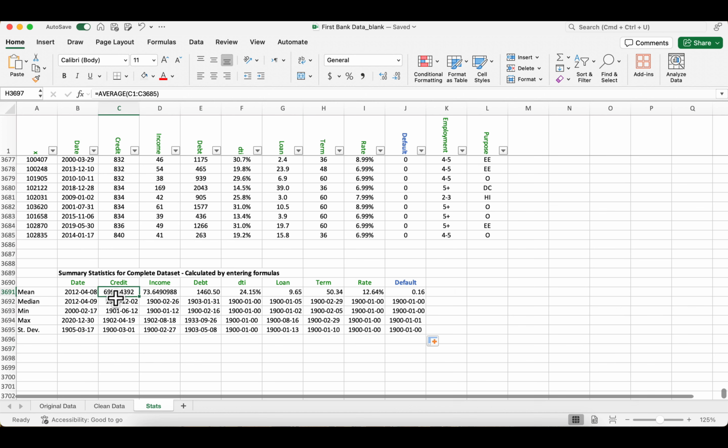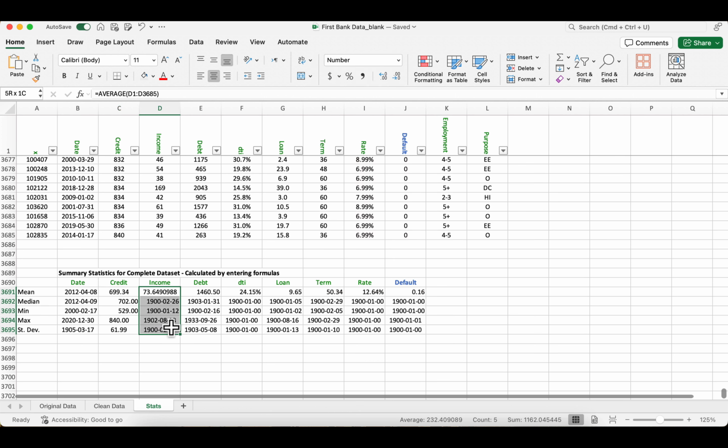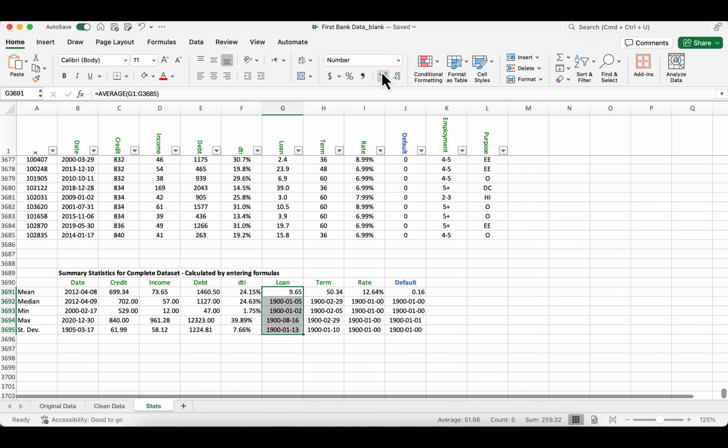And if you want to match the formatting, select this credit column and then put it number, and income put it number, and debt is actual number. Similarly, DTI is percentage. So we only have it for the first cell. So now